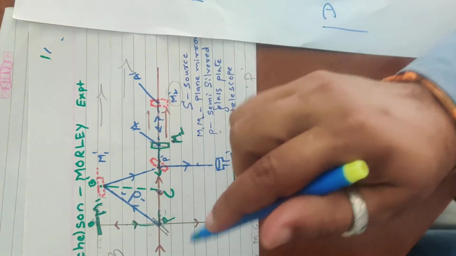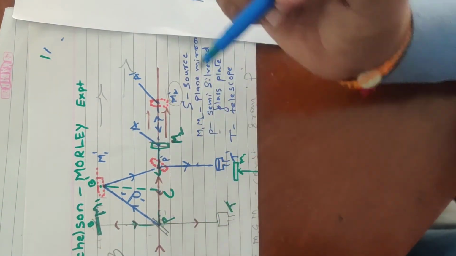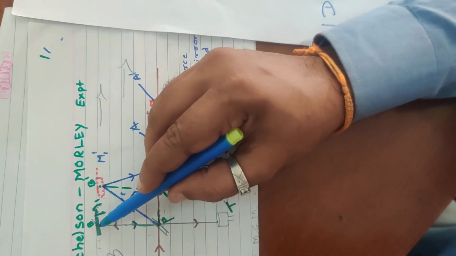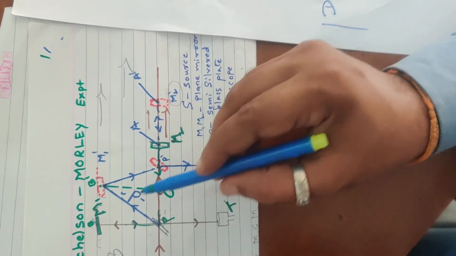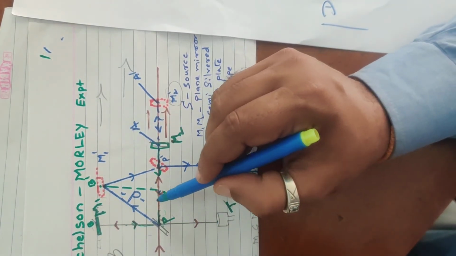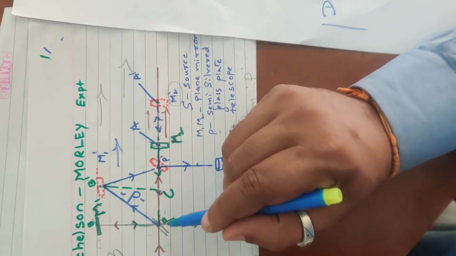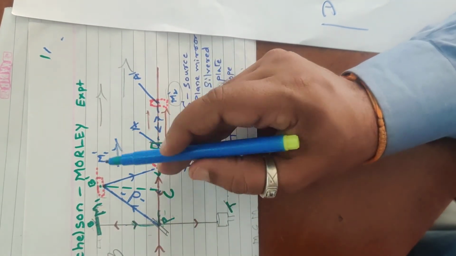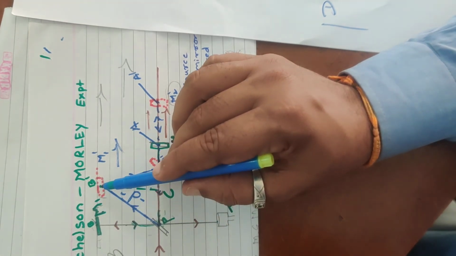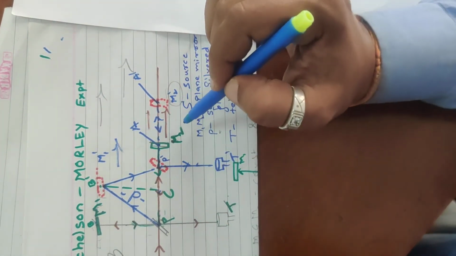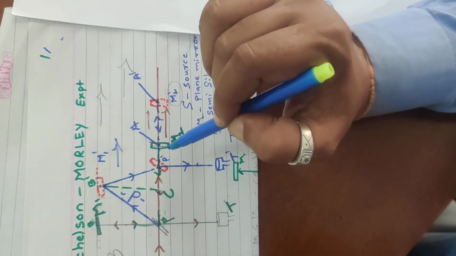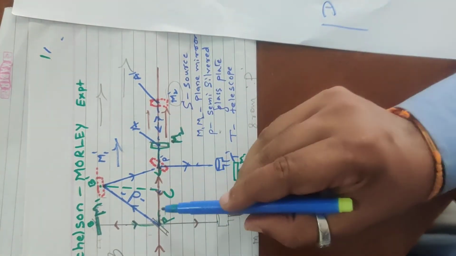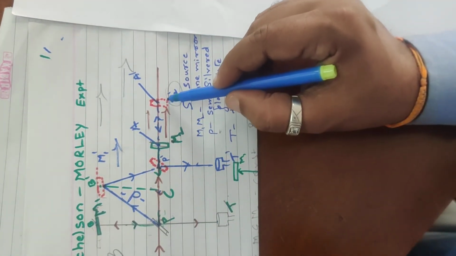So I recall all the things. First we have taken a source of light, then made it hit the semi-silvered glass plate, then it goes to the point B, then again it hits the mirror M2, here M1. But as the motion of the earth takes place, the moment it hits P, the mirrors have moved, that is mirror M1 will move to M1 dash and M2 to M2 dash. A part of the ray of light hits here and meets the point here, and a part of the ray of light which is transmitted hits the mirror M2 and is reflected back.